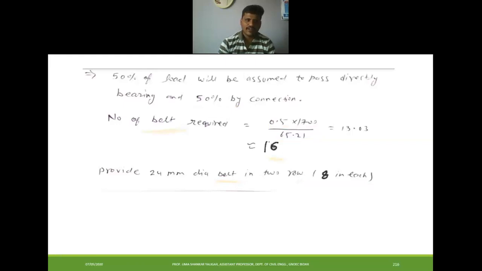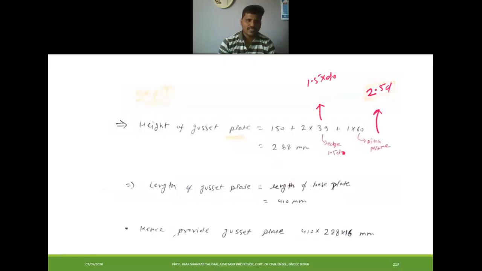And next important is we need to calculate the size of the gusset plate. If you want to see how we have done the bolted connection design previously, the same thing you have to do here when they ask in the slab base for the bolted connection design, instead of the welded connection. Now the last step is we need to calculate the gusset plate size. First we need to calculate the height of the gusset plate. Height of the gusset plate is equal to your